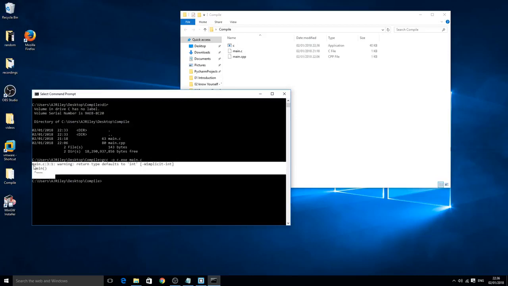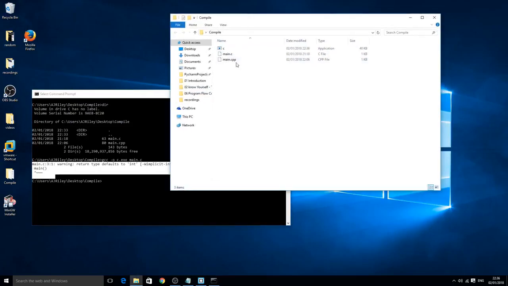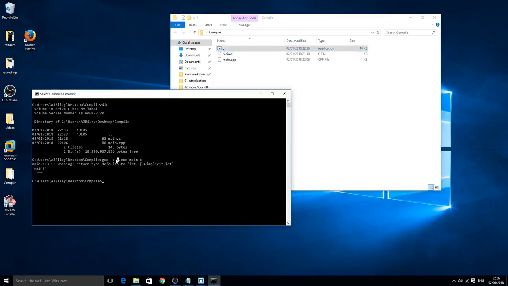Now this shows an error, but don't worry, because as you can see inside your compile folder, or inside my compile folder, there's an application, an executable called C, which is exactly what we called it here. Now to run this, all you need to do is c.exe, click enter, and